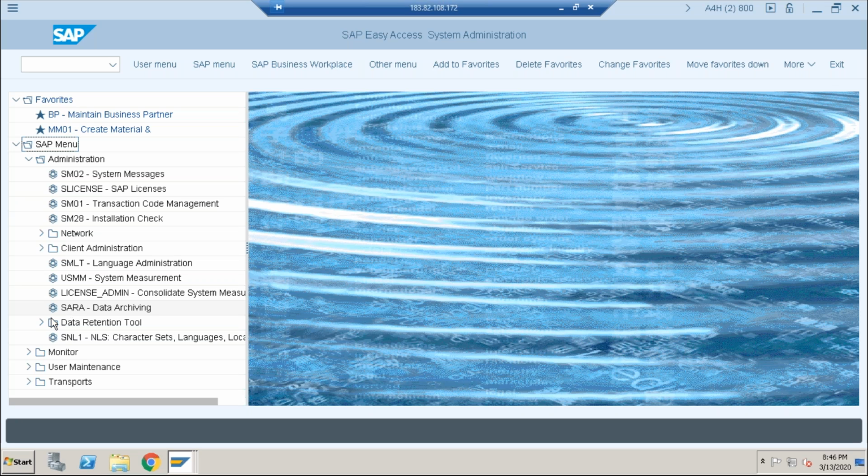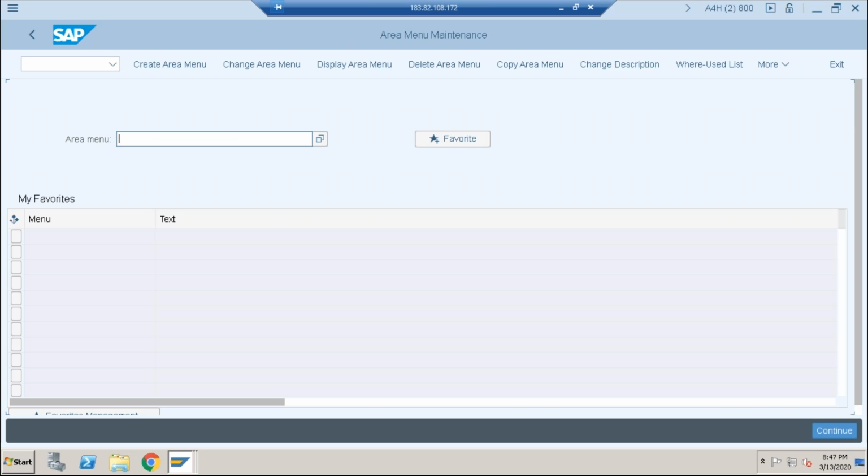But I want to create it only for a user. User specific. At that time, you want to create one more menu, that is the area menu. Go for transaction code SE43. How to get an area menu, user specific. Enter the name Z, letter, Z_user menu.